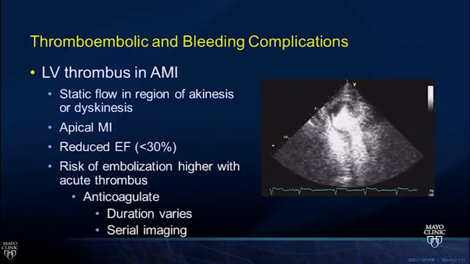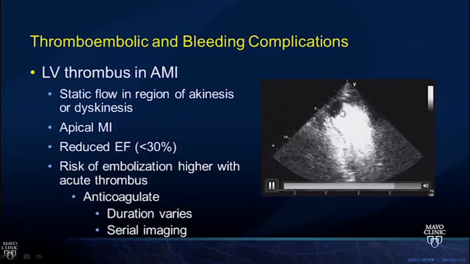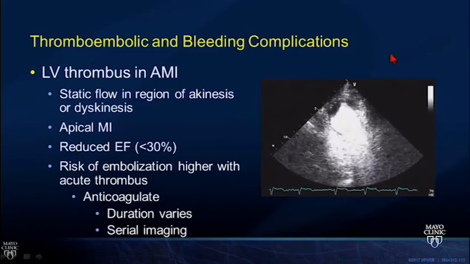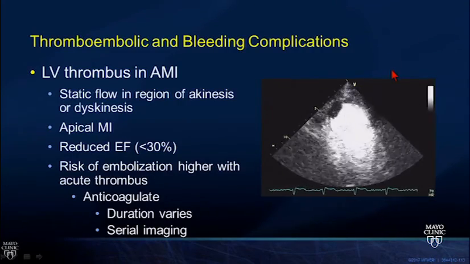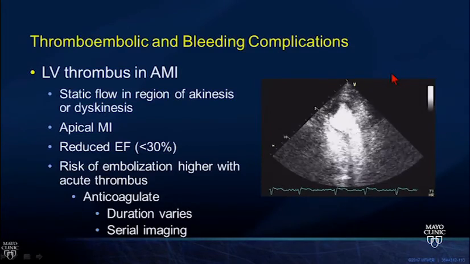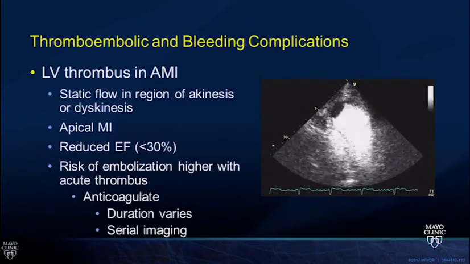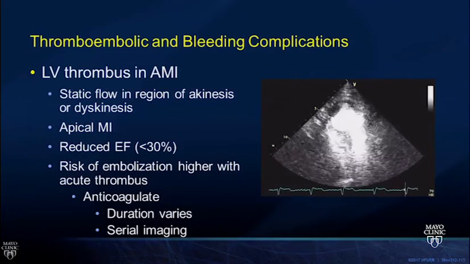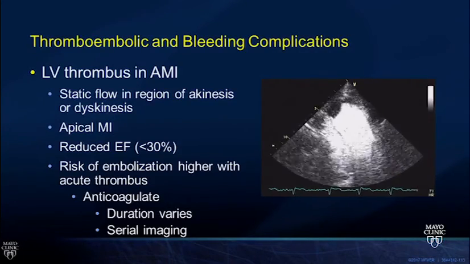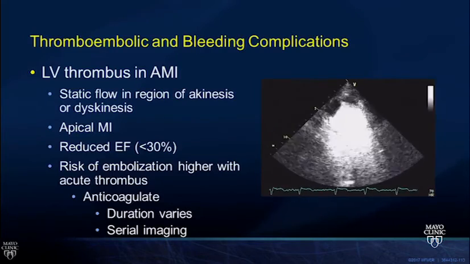Here we have an example of a left ventricular thrombus. On this contrast echocardiogram, we see that there's a defect found in the apex. This can many times go along with a true aneurysm. When you have an apical true aneurysm and you have akinesis of that area, you can end up forming a thrombus. You get stasis of flow. This is much more common in the setting of a reduced ejection fraction, and these do carry embolic risk. If this is identified, anticoagulation should be pursued, and this should be followed with serial imaging.